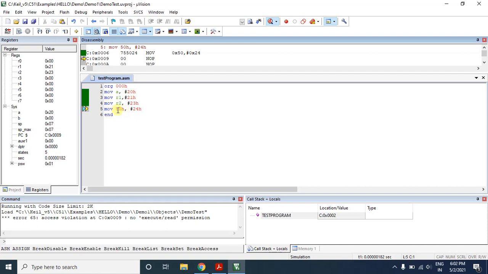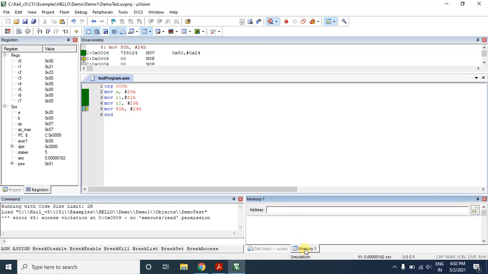Now how to check this memory location? So this is my memory location. You can see the stack operations as well as the memory window. Here you can see the memory window. If I click on this memory, now it is asking for the address. Here I have to type the address, then we have to find out whether the value has moved to the address location 50 or not. Just see the things.